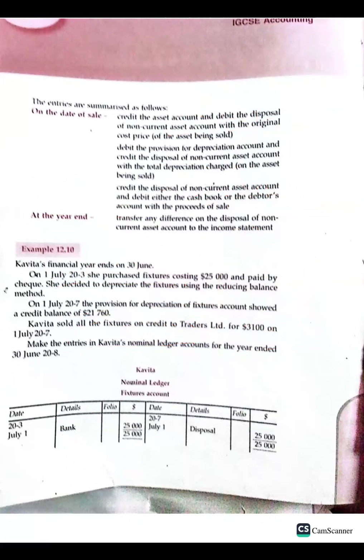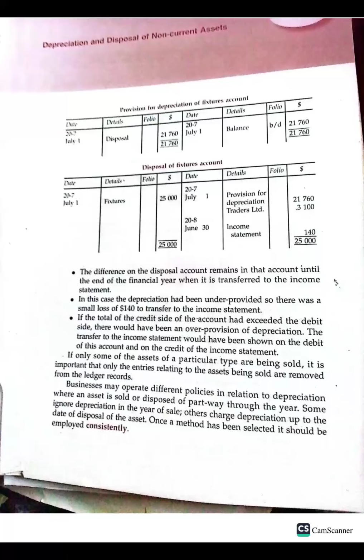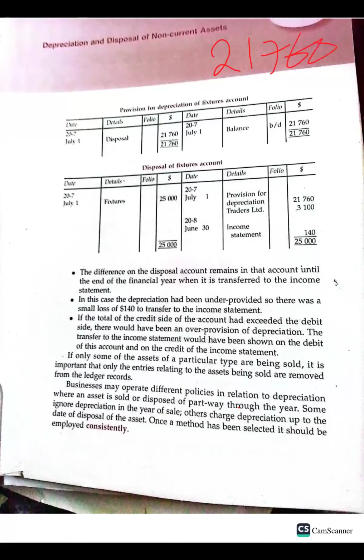All right. So now let's move on a little bit and see what happens. How do you now record for these same things in the provision for depreciation account? This is very important for you to pay attention. We showed you how to record the same in the assets account, but what about in the provision for depreciation account? So you start with the total depreciation, and the total depreciation that you have been given was 21,760 in the question. So you debit that,